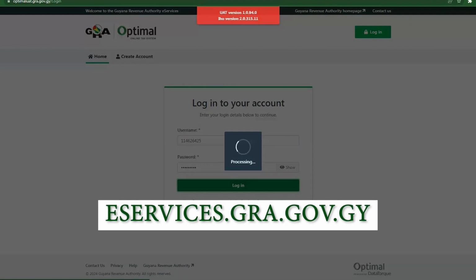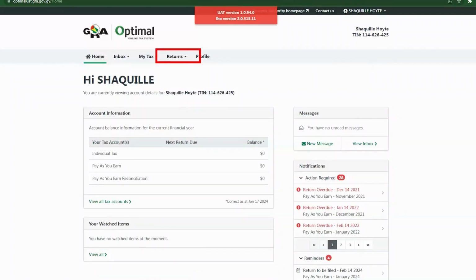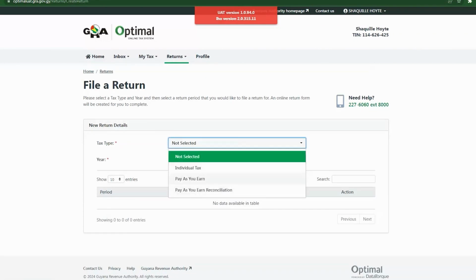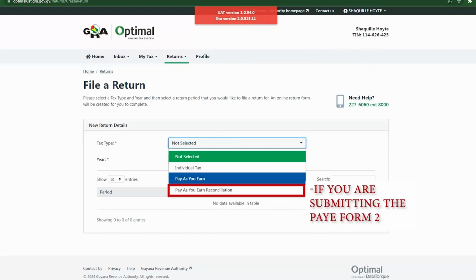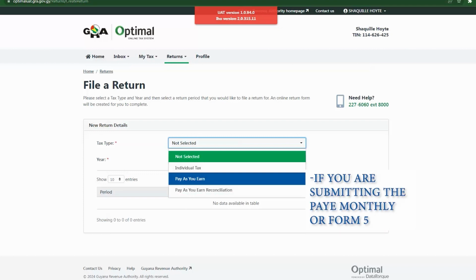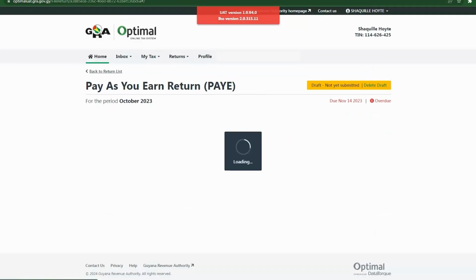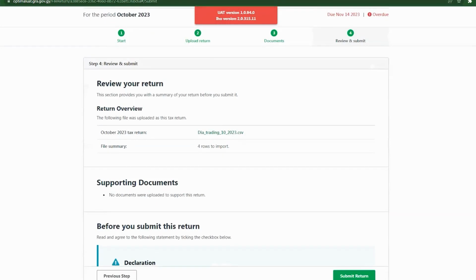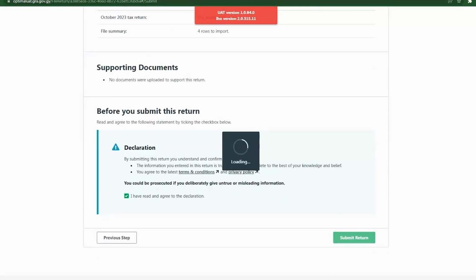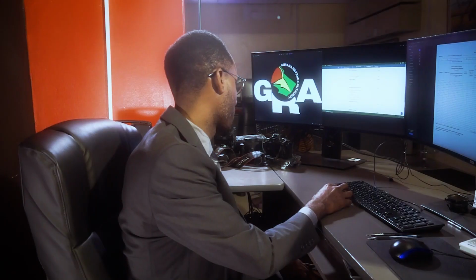eservices.gra.gov.gy, enter your login credentials, go to the Returns tab at the top, select File a Return in the drop box, select PAYE as the tax type. If you're submitting the PAYE Form 2, select Pay as you Earn Reconciliation. If it's the PAYE Monthly or Form 5, select Pay as you Earn, then the year and month. Upload the validated file, click on the Declaration checkbox to affirm that the information submitted is true and correct, then click Submit Return. And that's it. That's the simple procedure when you're submitting the employer's returns via GRA's Optimal Revenue Management System's eServices